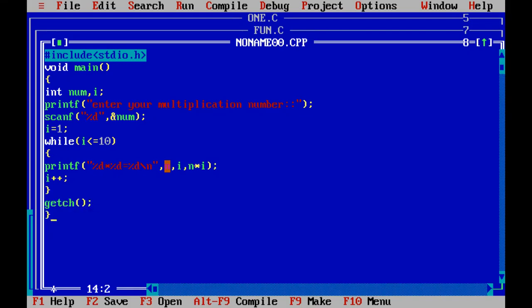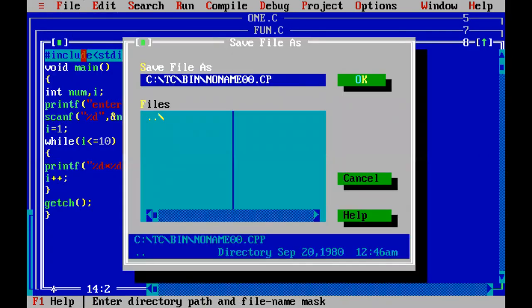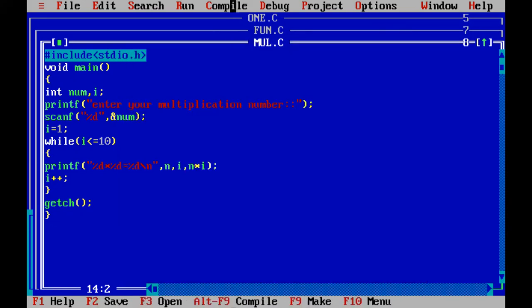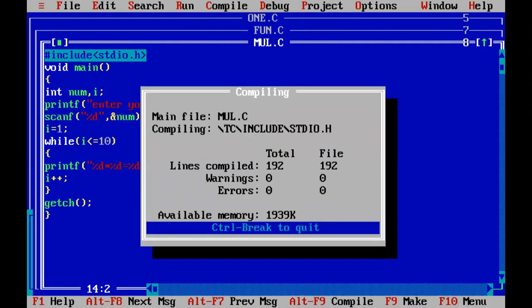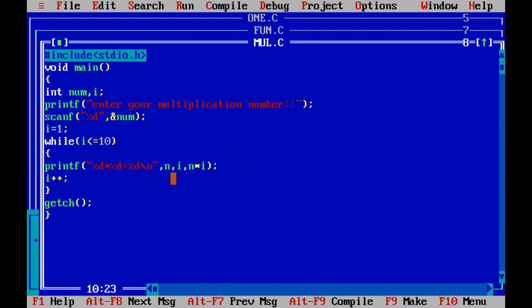Close the main. Go to the file, save the file as .c. Save the file. Compile. There is an error, line 10, symbol n. Okay, fine, this is not n, this is number.